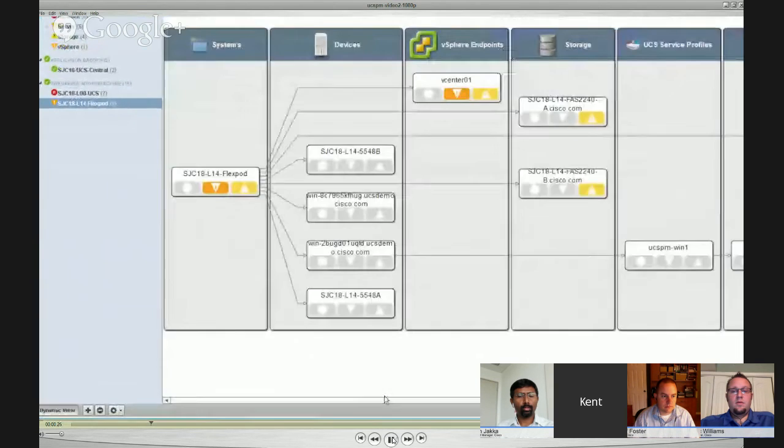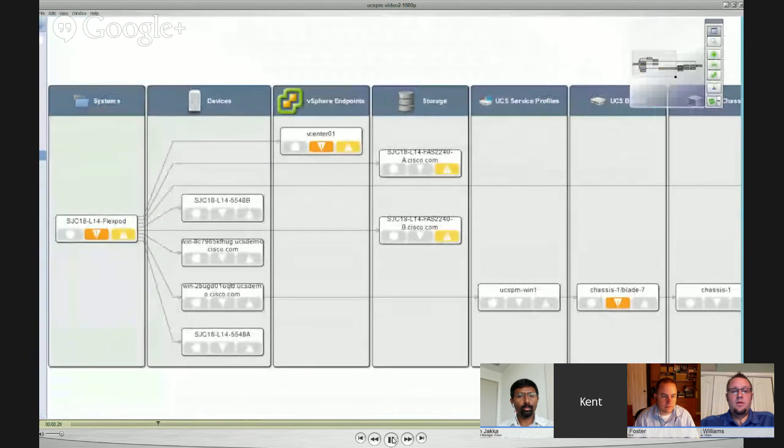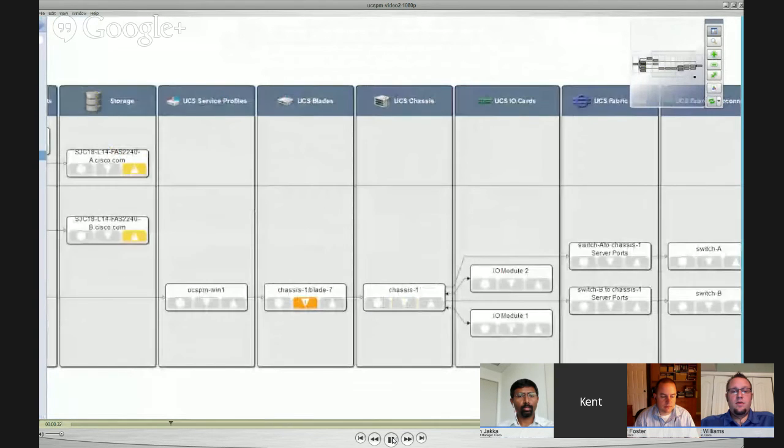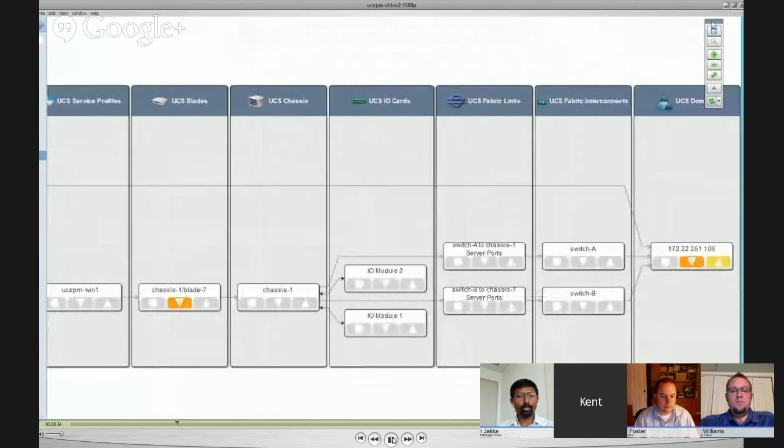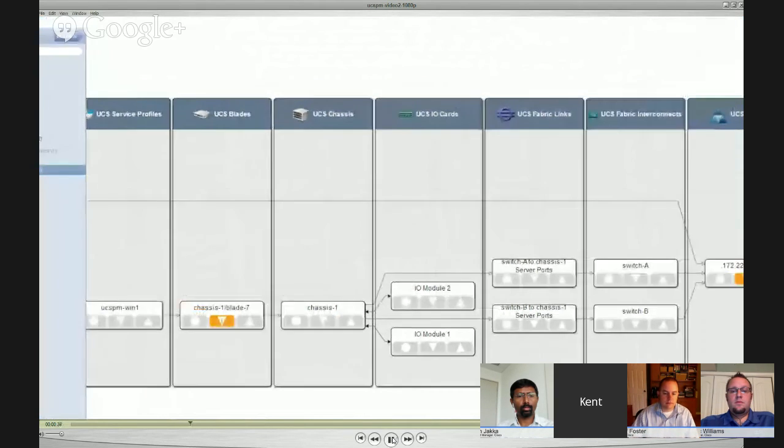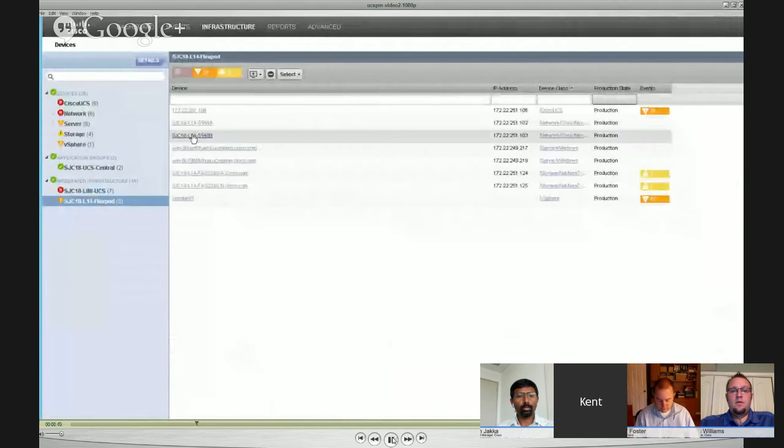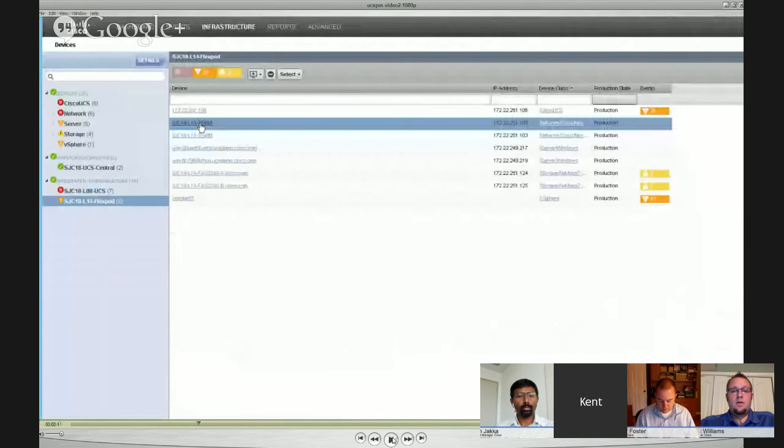And we've got that both in that list view and in this graphical view that shows some of the relationships between these different things, including all the way out to all of the components of the UCS. We'll come back and look at this a little bit more in a bit. Okay, but what I want to do is jump back into that and show you what the views look like